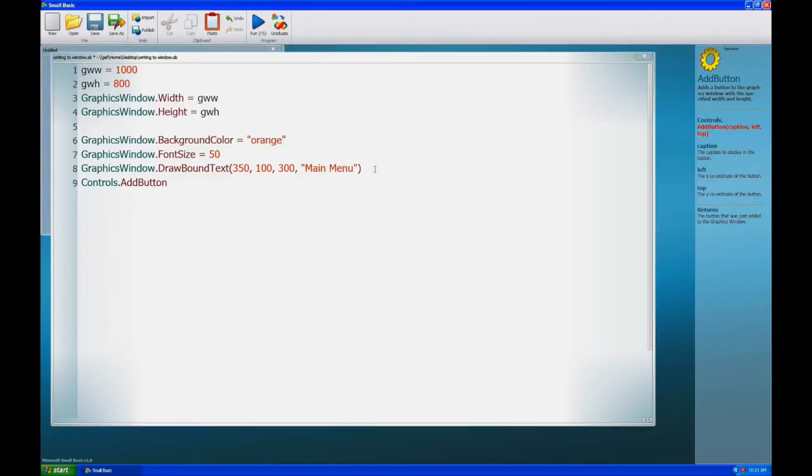So controls.add button, and let's just look at the arguments that it takes in. It wants the caption for the button, i.e. what's written on the button, and it wants a left coordinate and a top coordinate for it. I do actually find this slightly limited with the buttons. You can't set the size of the button, for example. The size of the button is determined by the length of the caption. But anyway, we'll just start with a caption that just says